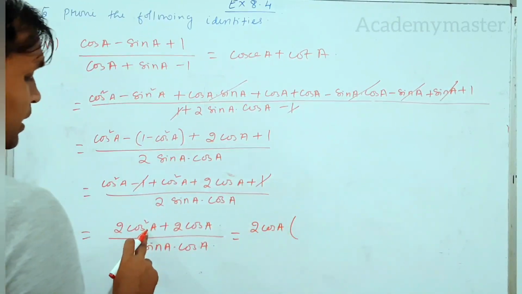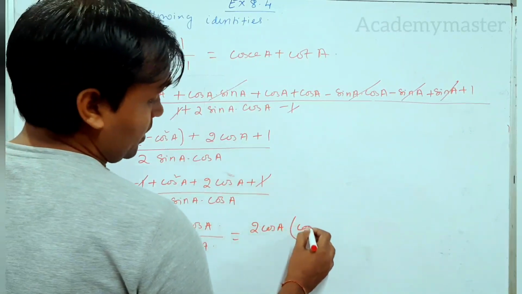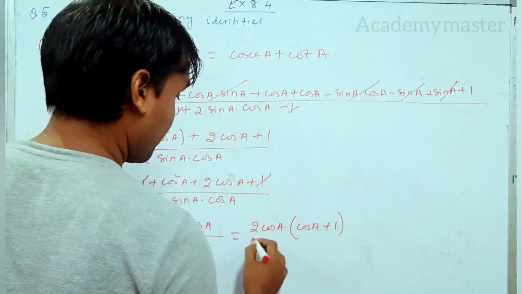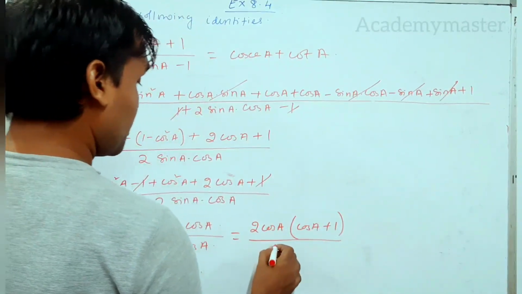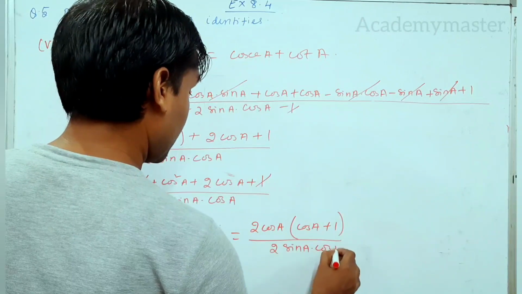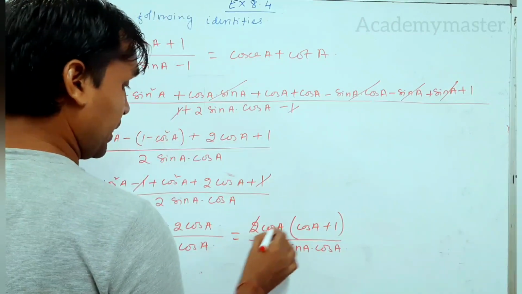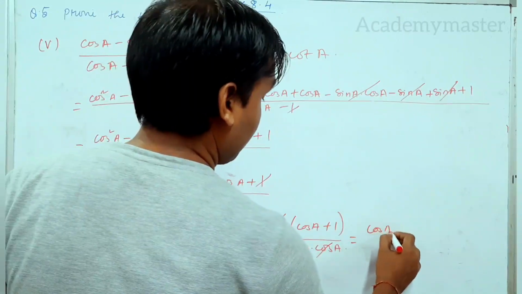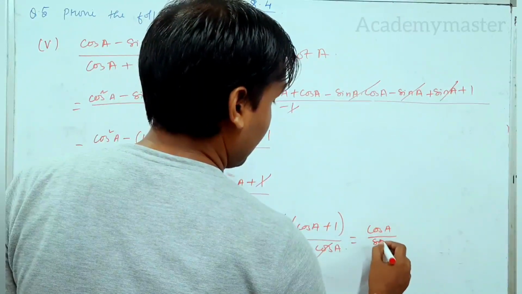So if I take 2 cos A, it is cos square, so 1 cos will be inside, and here it was only 2 cos A, so it will be 1 by 2 sine A into cos A. 2 cancel, cos A cancel. So what is left? Cos A by sine A